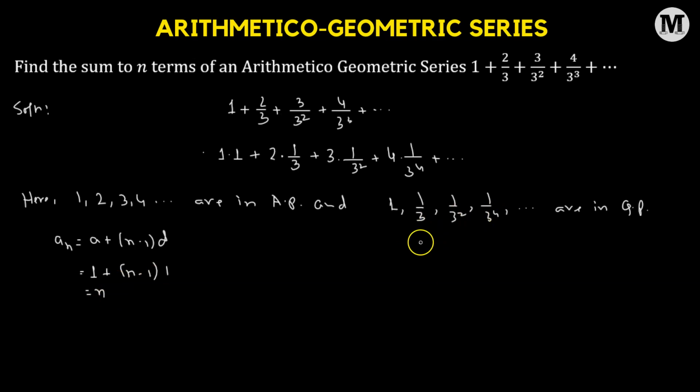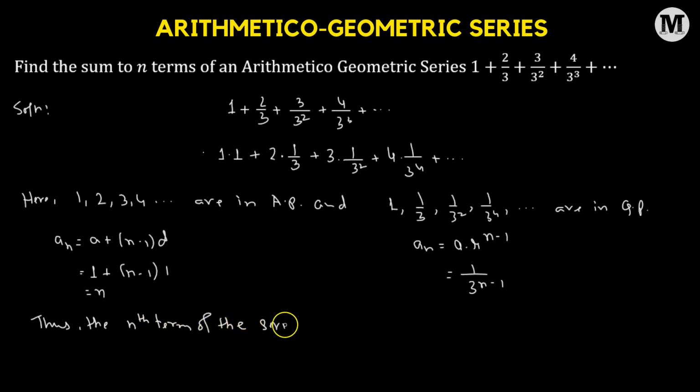And then coming to the geometric progression, the nth term is defined as a multiplied by the common ratio raised to the power of the number of terms minus 1. When we substitute the values, we're going to get 1 over 3 raised to the power of n minus 1. So we have separately obtained the nth term of the arithmetic progression as well as the geometric progression, which means that we can say the nth term of the arithmetico-geometric series 1 plus 2/3 plus 3 over 3 squared and so on